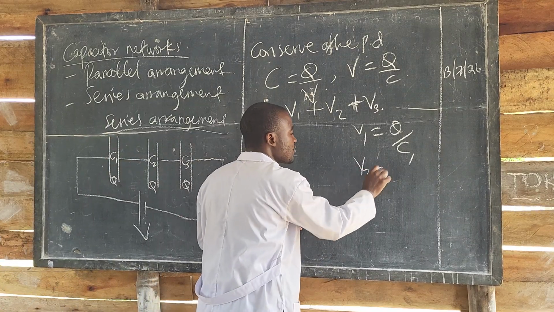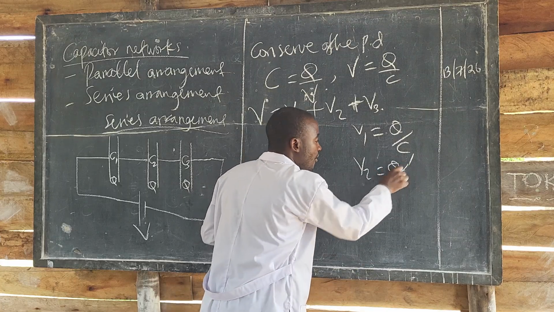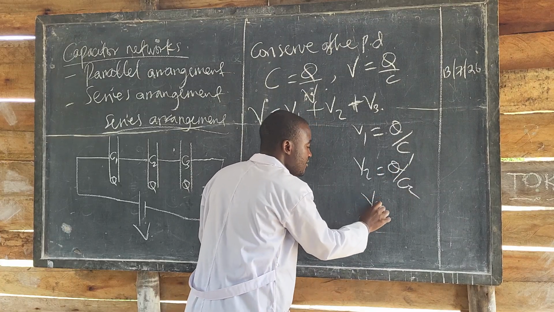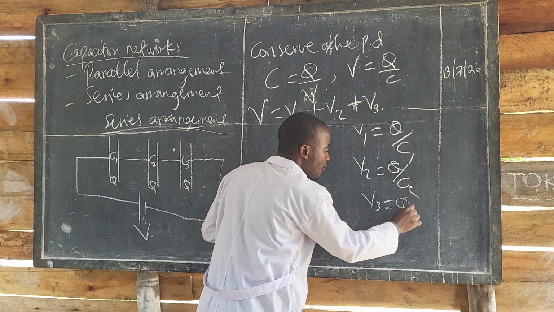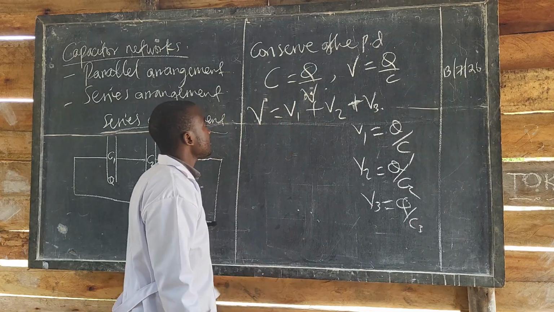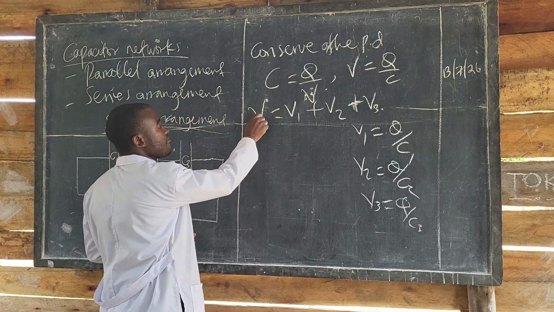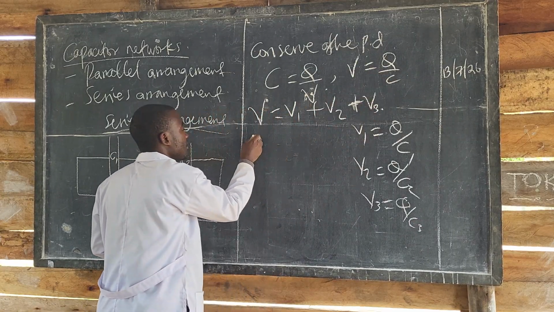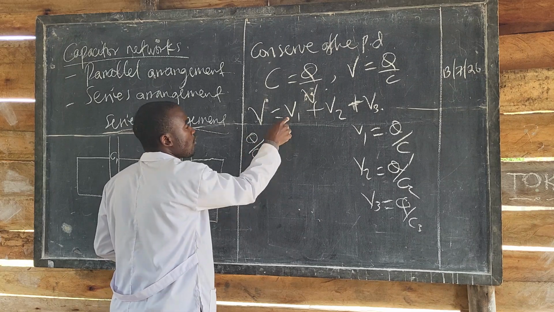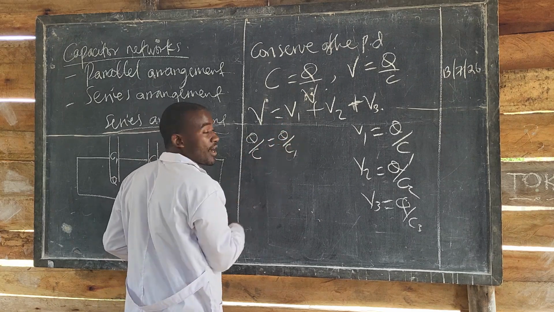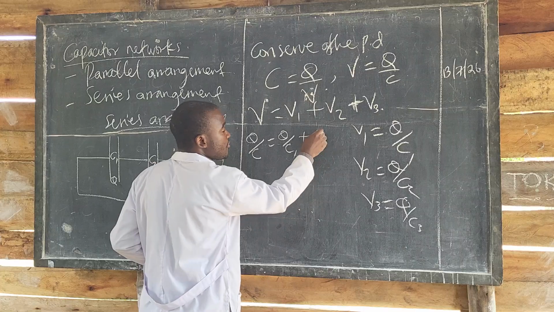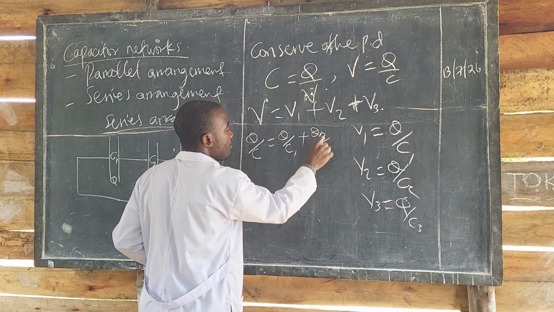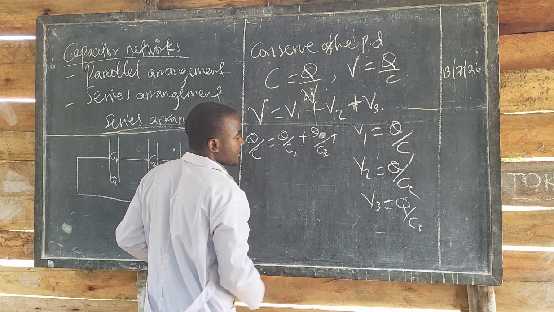So we substitute and have Q over C equals Q over C1 plus Q over C2 plus